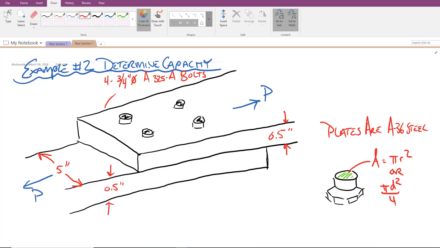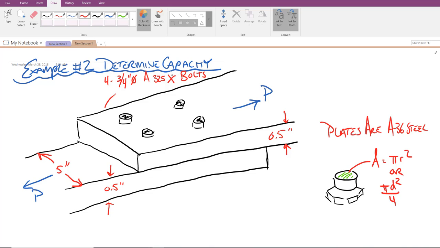And so you'll see I've got two plates, both of them 5 inches wide, both of them a 1/2 inch thick, being held together by 4 3/4 inch diameter bolts. These are A325. I've got a typo there. These are supposed to be X bolts, A325 X bolts. I've also got on this diagram that the plates are A36 steel, and I'm, as a quick reminder, showing you